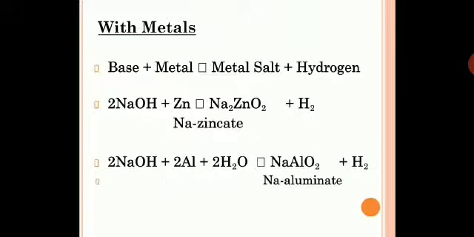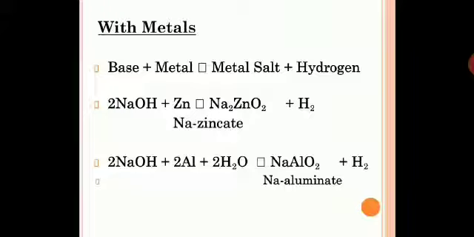Now today we will see chemical reactions of bases with different chemicals. We'll start with metals. A general reaction of a base with a metal will always give you a salt, and hydrogen gas will be liberated. Now in this session you are going to write all the chemical reactions and equations and balance them. Balancing equations is extremely important, so please take this down, children.